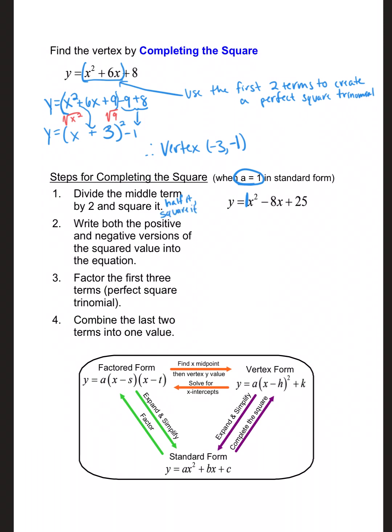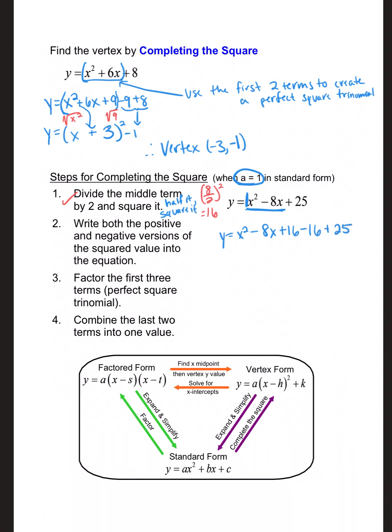Okay, so if I was going to do that, my middle term is 8. So I'm going to take 8, I'm going to divide it in half, and I'm going to square that value. So 8 divided by 2 is 4, and 4 squared is 16. Okay, so that's step 1. Step 2 is you're going to write both the positive and negative version of the squared value into the equation. So into my equation, after those first 2 terms, we're going to write a plus 16 and we're going to write a minus 16